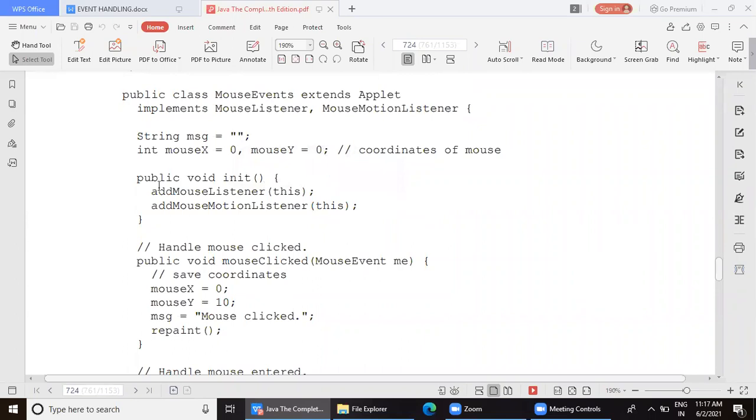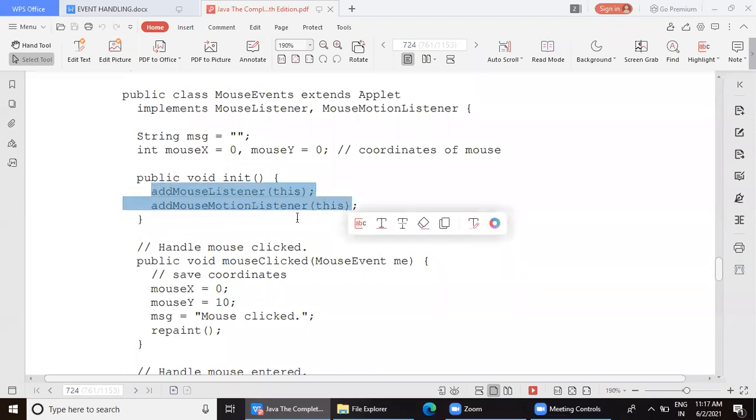So far, is it clear? Yeah, then we have init. In the init, we have to actually initialize the components and all. But since our program doesn't have any component other than the applet body itself, there is no initialization of any components. And the applet body itself is going to respond to the events.